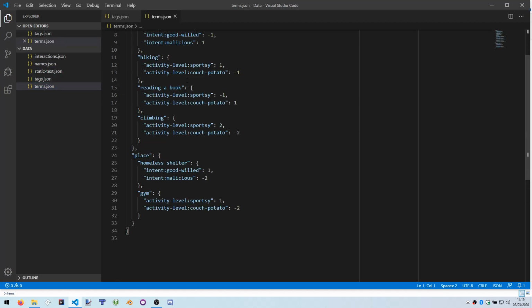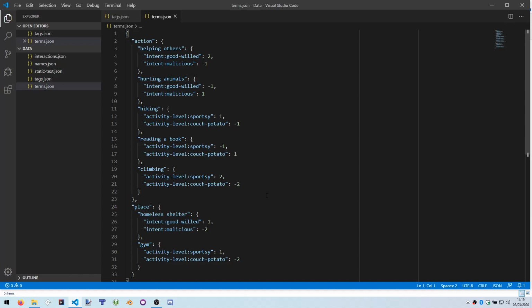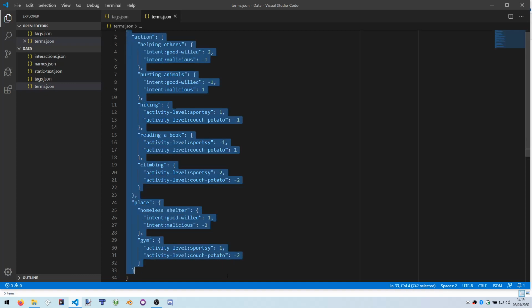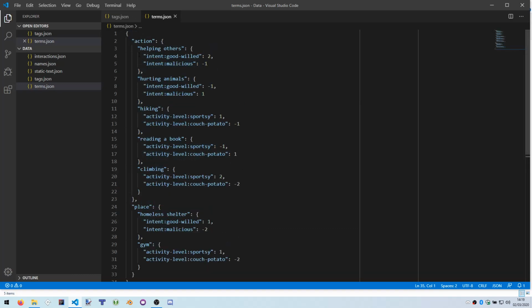So you can come to the terms, and terms is basically just either words or phrases that characters will react to, and they're organized in categories. So you have a JSON dictionary that has as keys the category for a specific term, and that value will then be itself a dictionary where the keys are the actual terms, and the values will then be a mapping of the tag to how much importance the character with that tag gives